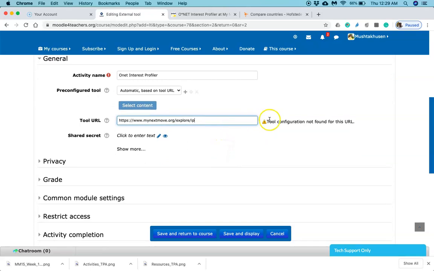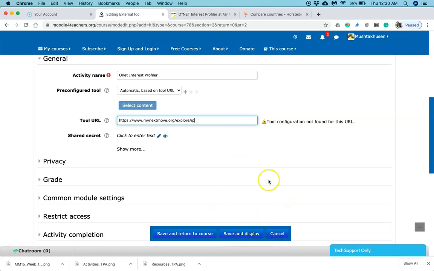Okay, so there is some issue over here. Maybe I think we need to add the RSS feed over here. Anyways, you can go to rss.app and enter this so that you can create that feed, and you can add that feed over here so that you can add the tool. Again, you can save and display, right?